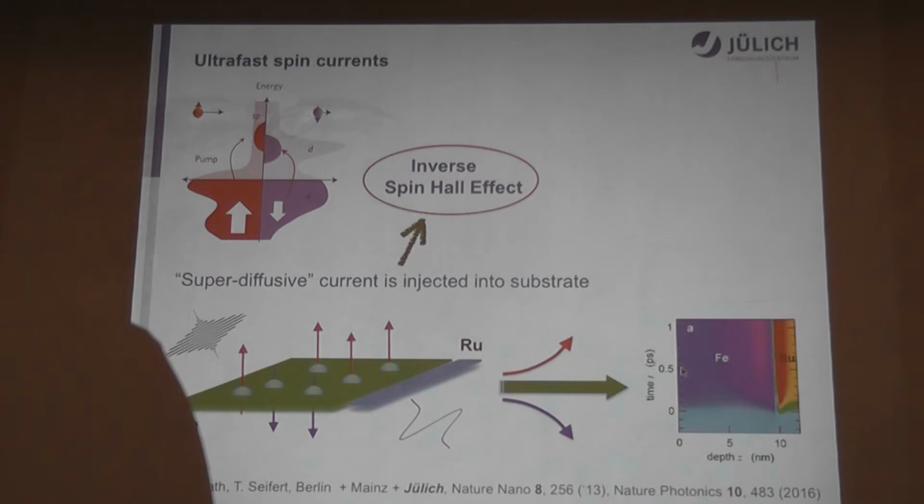an inverse spin Hall effect to act in this situation. This means that if we have a spin current in one direction, we can generate a charge current in the transverse direction. Indeed, within this simple scenario, this transverse charge current would give rise to this kind of terahertz radiation. However, we have to somehow prove that this is the spin Hall effect which stands behind this.